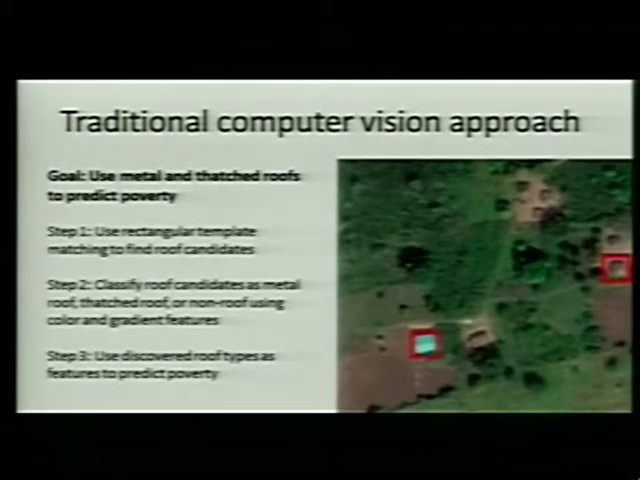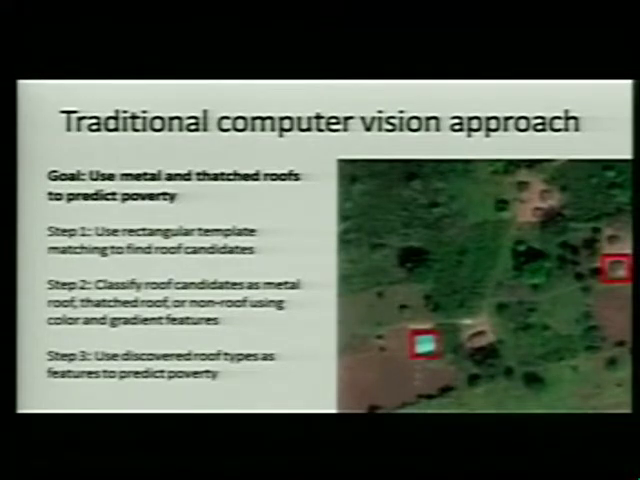All right, so what Give Directly did was a traditional computer vision approach. I'm going to walk you through the process that you would take if you were a traditional computer vision researcher. If your goal is to use metal and thatched roofs to predict poverty, the first thing you would want to do is use some kind of rectangular template matching where you slide a rectangle across your image to find roof candidates. And then after you find those roof candidates, you need to classify them as either metal roof, thatched roof, or non-roof